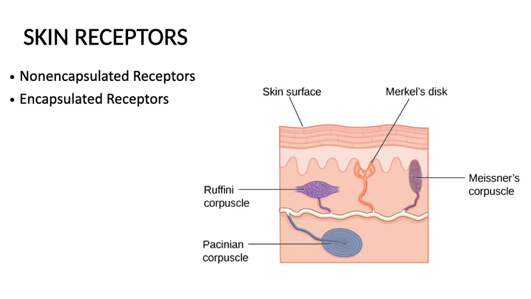Let us see what non-encapsulated is. When we say it is not covered by a capsule, these are the free nerve endings and Merkel's. Okay, if you can see here, Merkel's is shown here. It is found in the stratum basale of the epidermis. What is the purpose of Merkel's? This is a corpuscle which is sensitive to touch, whereas free nerve endings we said are for touch and pain.